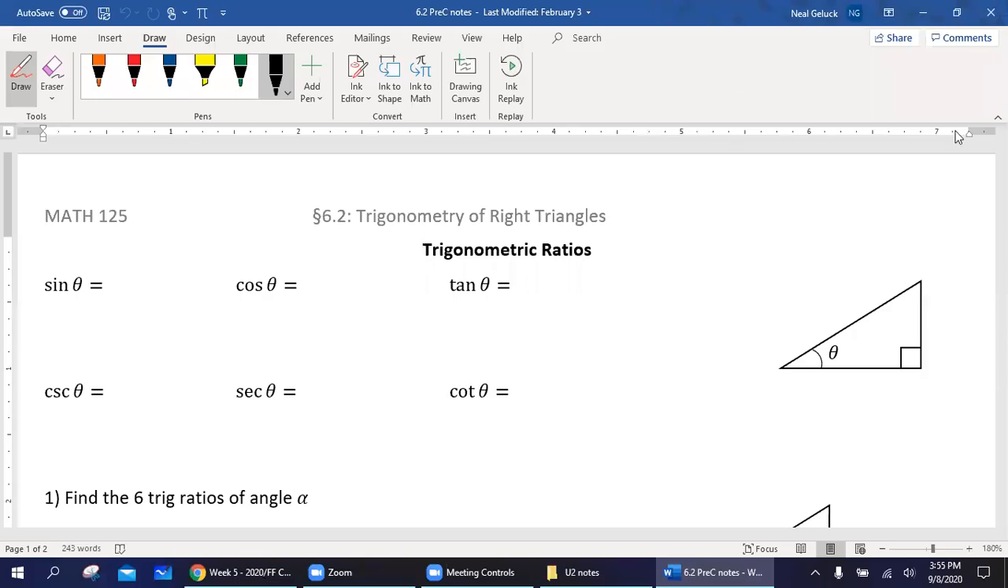For section 6.2, we're looking at the trig of right triangles. Most of this should hopefully be a review from geometry, but it might have been a while since you've done this. First thing, when we're talking the trig ratios, we're thinking back to